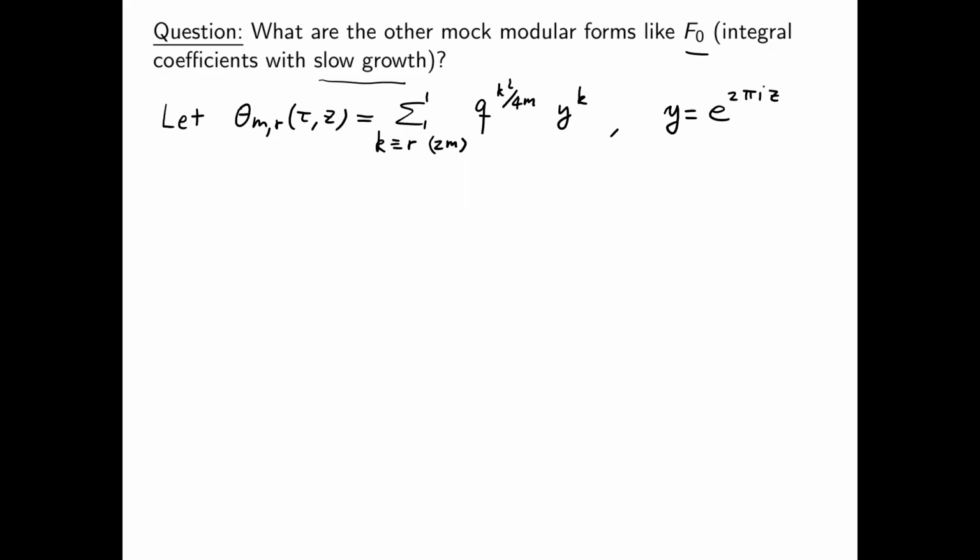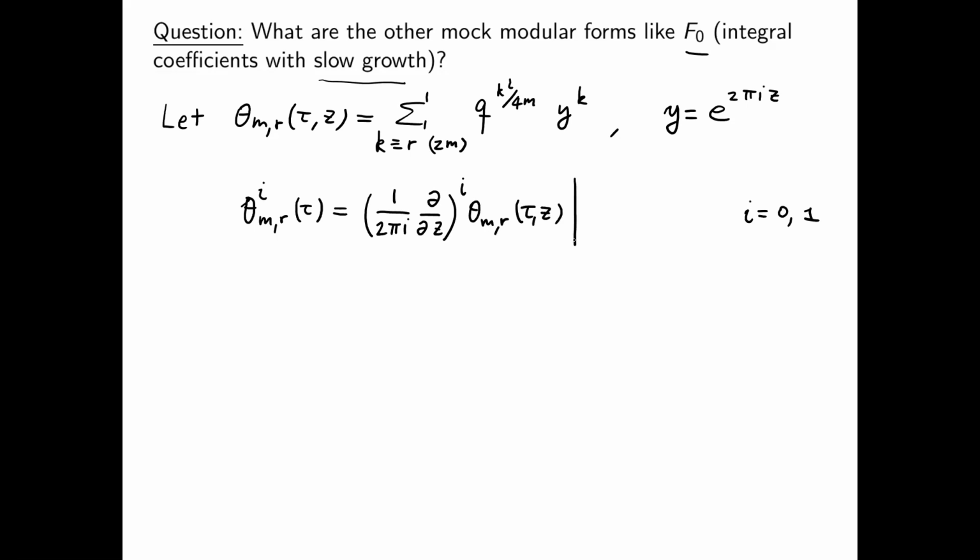And we all know that such functions have Jacobi-like properties. And from it, I can define, well, two functions that are defined on the upper half plane. So i will be either 0 or 1. That's where these two functions come from. So what I do is that I take the d/dz derivative, okay, if necessary, of this Jacobi theta, and then I put the Jacobi variable to 0. Okay, with this setup.